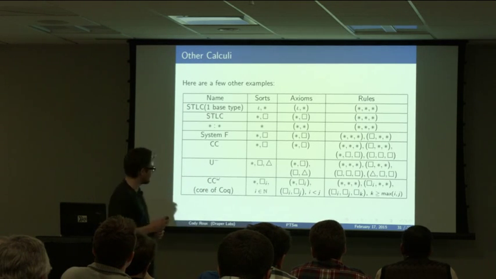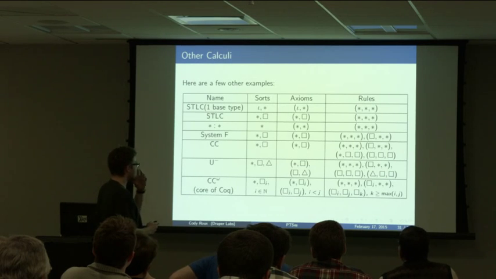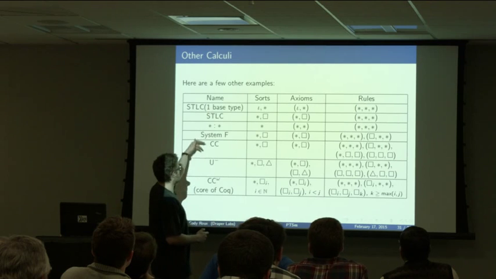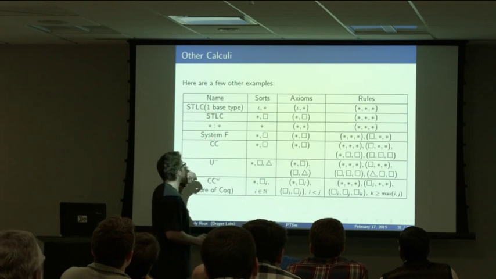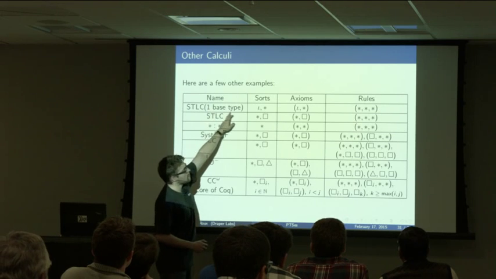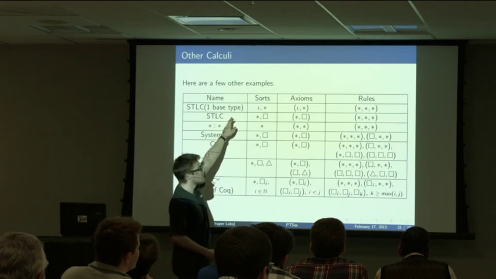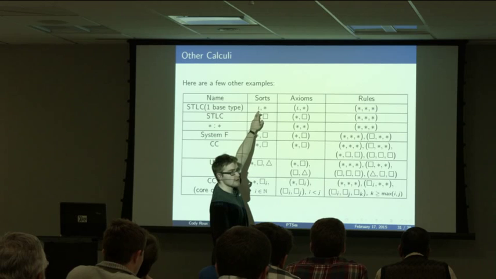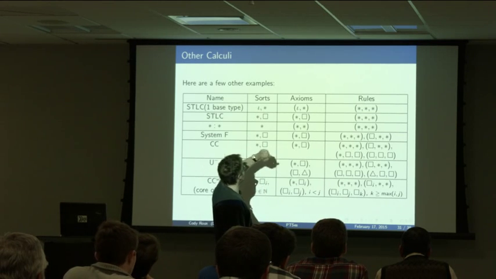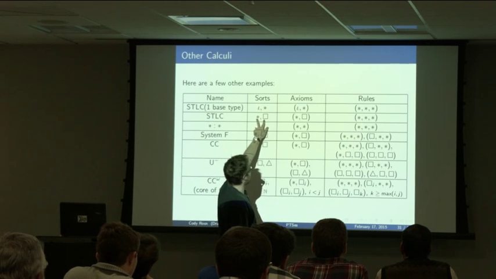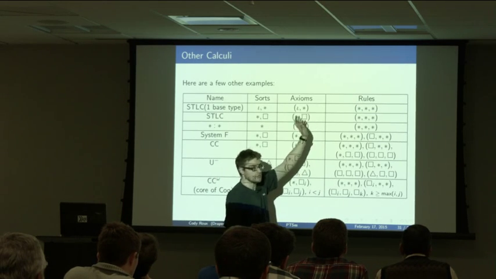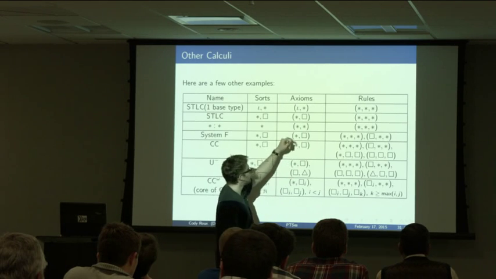So, more examples. Now I quite enjoy these examples. Basically, I've shown you all the interesting examples. I've shown you System F where you have polymorphism. I've shown you the simply typed lambda calculus. Now you have this other version of the simply typed lambda calculus. It's kind of weird, where you only have one base type that I call iota. And you can also form that as a pure type system, but instead of star being of type box, you forget about box and you just add iota as a base type,